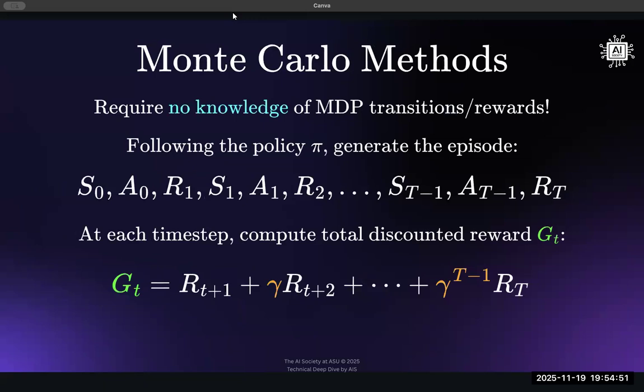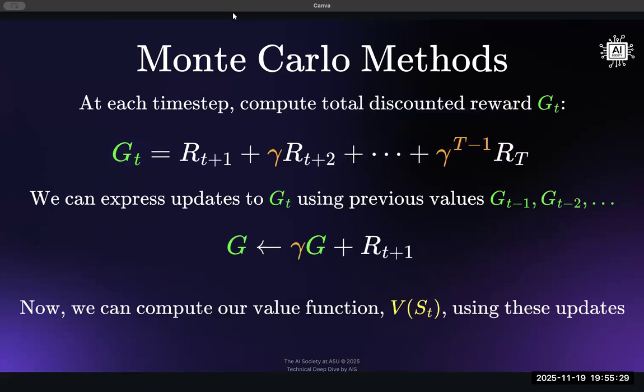As we saw in dynamic programming, we need full knowledge of the environment. We need full knowledge of every single transition of the Markov decision process and reward. But Monte Carlo methods don't rely on this. We don't need those transition probabilities. As you saw, the sum over all the transition probabilities, we don't need that. Instead, we can just follow the policies to generate this episode right here. It's an episode trajectory, whatever you want to call it. State, action, reward, the usual. And then at each time step, we're going to compute this kind of reward. So this is good.